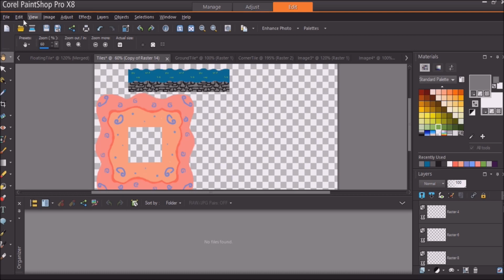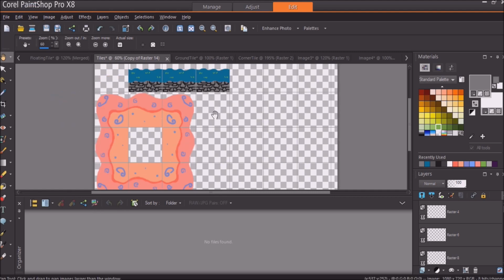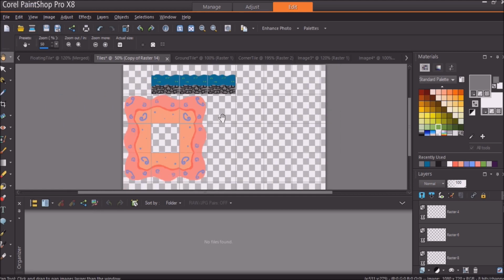So I'll turn our grid back on, and we'll actually start by talking about the grid. Now the grid is important. I just made a new file. So I went File New, and I made this document 1080 by 720. And I added a grid, and in the settings for my grid, I actually made each square 150 by 150,